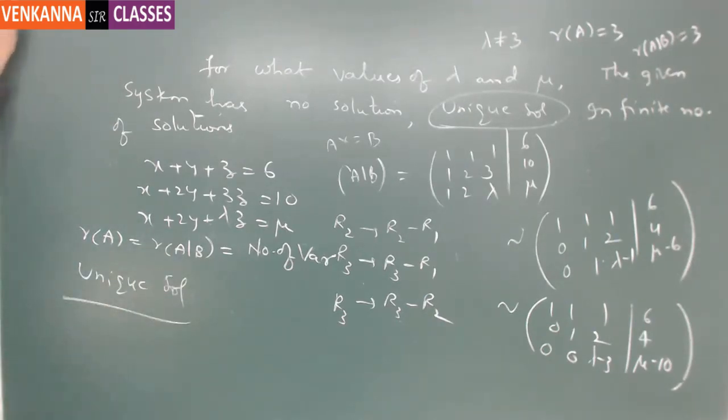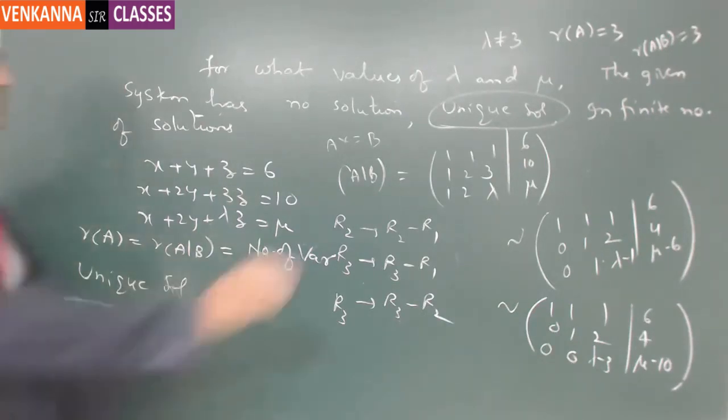And here we mentioned that if lambda is not equal to 3 and mu is any real number, then rank of A by B is equal to the number of variables, that is 3. So the given system is consistent and it has a unique solution. Now coming to the no solution case,